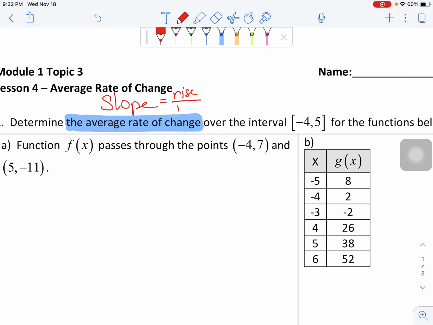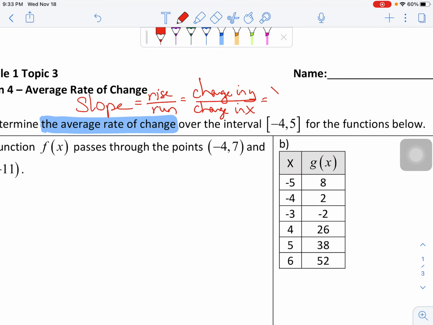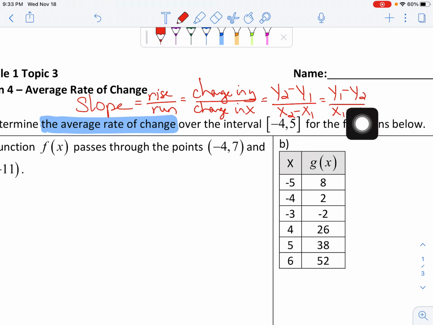which means when we talk about slope, we can talk about rise over run. We can talk about the change in y over the change in x. And as a formula, you can have y2 minus y1 over x2 minus x1. And honestly, I'll put one more just because I say it sometimes. You could have y1 minus y2 over x1 minus x2. Just notice that the y's and the x's match here, the 2 and the 2 and the 1 and the 1,